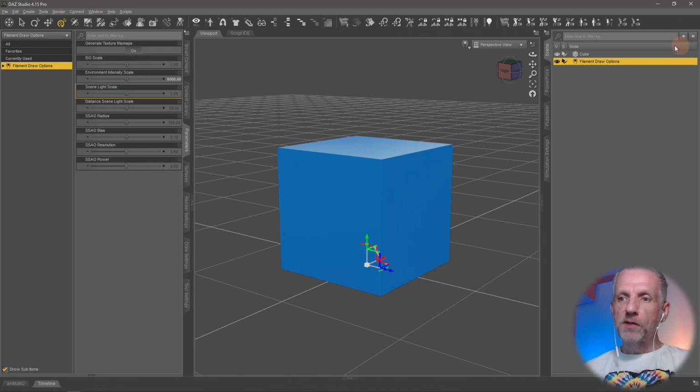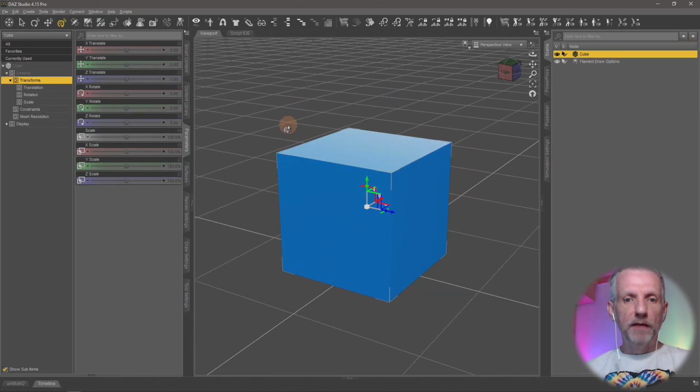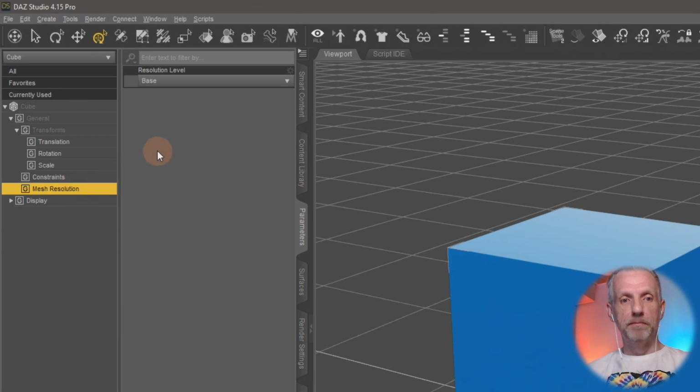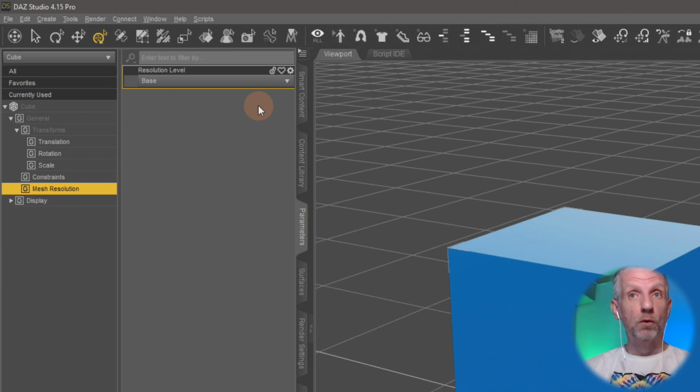So there we go. With the cube now, if I head over to my parameter section and have a look at mesh resolution up here, that parameter is here, mesh resolution, but all I have is base. And this means that there's no subdivision surface modifier applied to this object. Many hard surface modeled objects in DAZ Studio that you bring in from assets that you bought don't have that. Architecture often doesn't have that. Most clothing items often do have a higher subdivision implied. So what this means is that